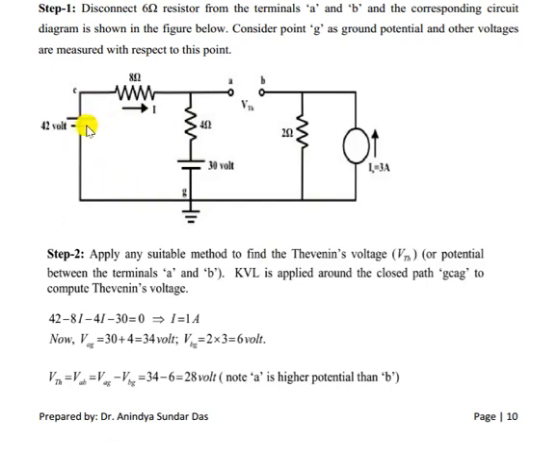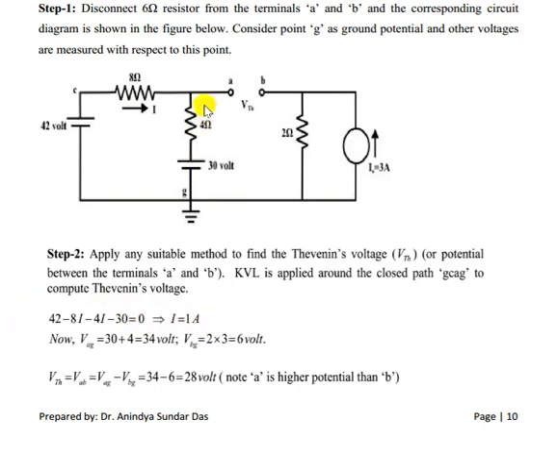In this path, what can you write? Voltage is rising. Okay. So 42 minus 8I, with the current flowing through this being I, and here how much current is flowing? I only, because here no current is flowing. Why? Because there is an open circuit. Okay. So 42 minus 8I minus 4I plus 2 minus the drop of 30 volt equals 0. So we can get the value of I equal to 1 ampere.